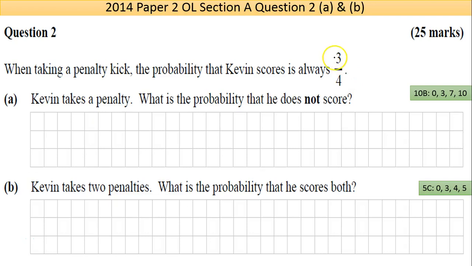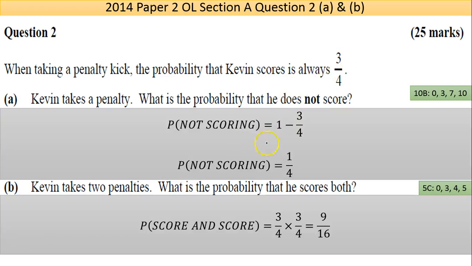Okay, so he scores 3 out of 4 times. Now, that's part A. Kevin takes a penalty. What's the probability that he does not score? Okay, so if he scores 3 out of every 4, he misses 1 out of every 4. He could have achieved that by taking 3/4 away from 1. 1 is he will definitely score, 3/4 is he scores 3/4 of them, so you're left with the 1/4. Okay, so I've just done that here. Probability of not scoring, because 1 is definitely scoring, take away the 3/4 that he will score, you're left with